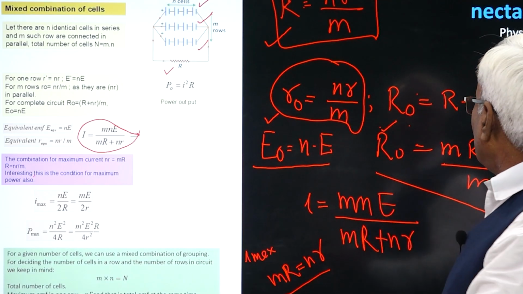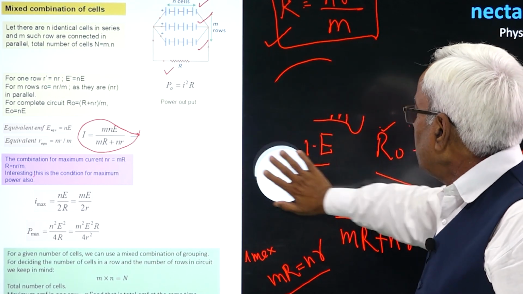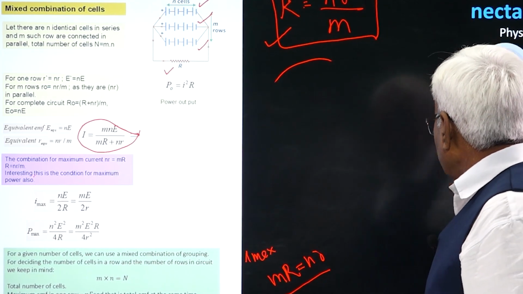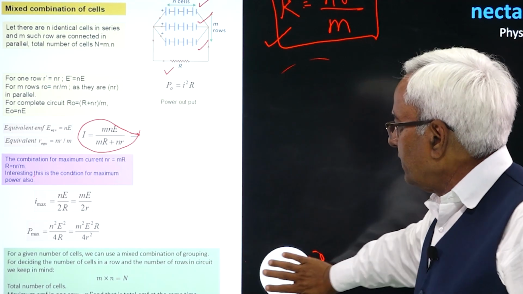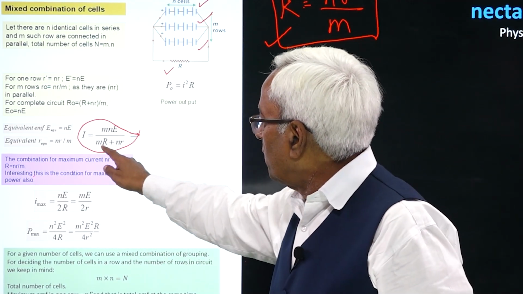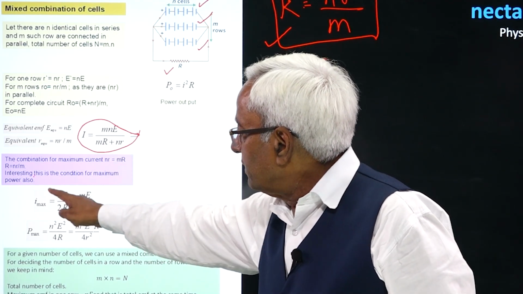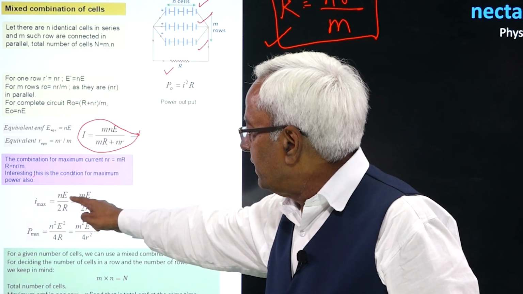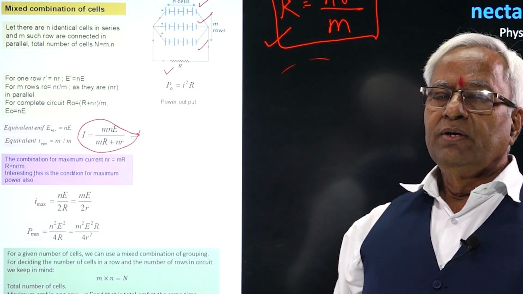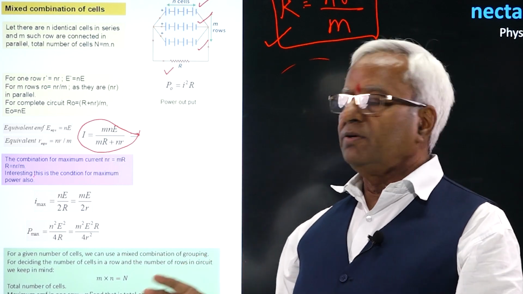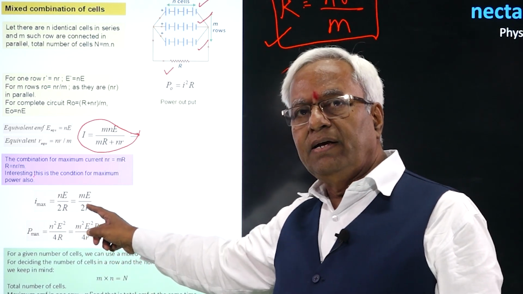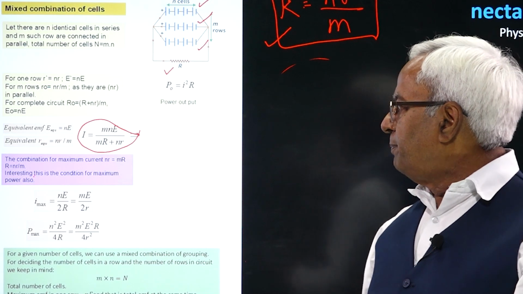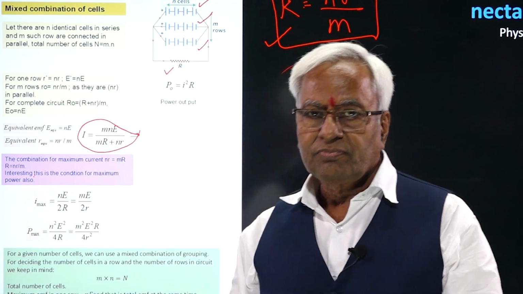You put the value of this condition, and when mR is equal to nr, by putting both equal you will find the maximum value of current is nE over 2R. You replace n by m, then we have to replace capital R by small r. By putting this value,